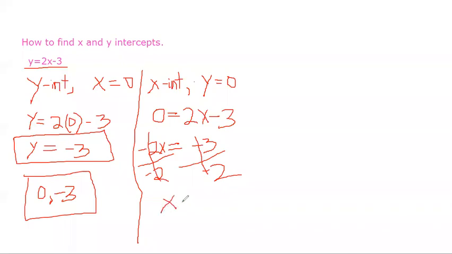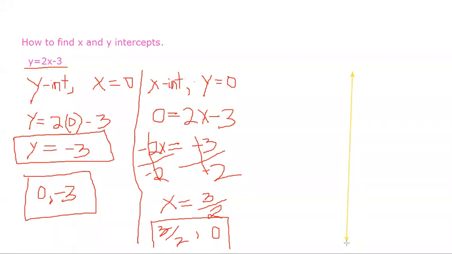Our value for x is 3 halves, which is 1 and 1 half. So therefore, if x is 3 halves, our y is 0. So this is now the x-intercept. So if we plot that one in our Cartesian plane,